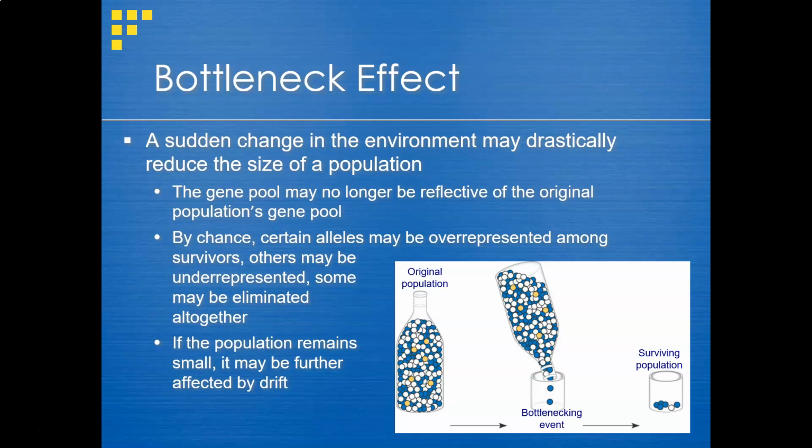So your bottleneck effect suddenly reduces your population size, usually because of some major event. So what ends up happening here is that only a small portion of that population is surviving, and what population is left over rarely ends up reflecting the original diversity in that original population's gene pool. And so this can happen by things like hurricanes or major earthquakes or mudslides, or a lot of these tend